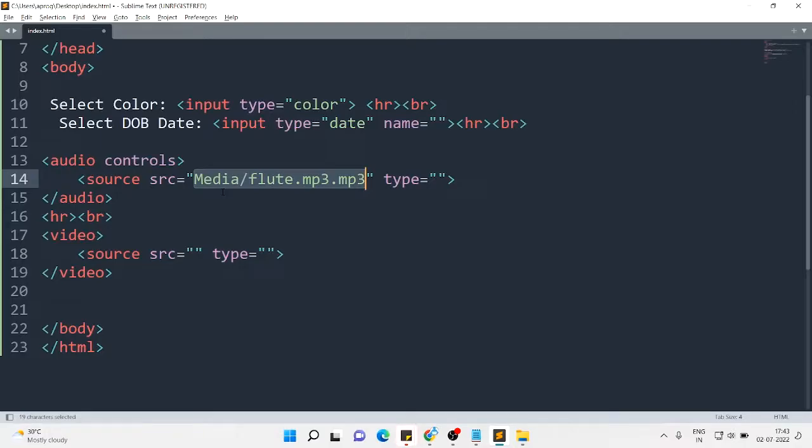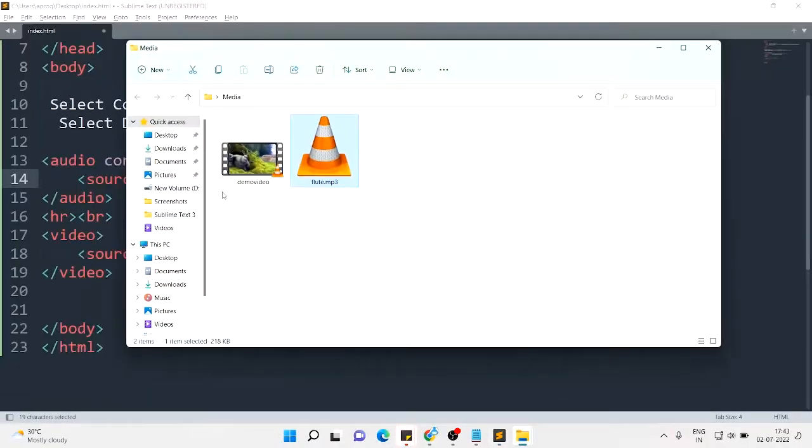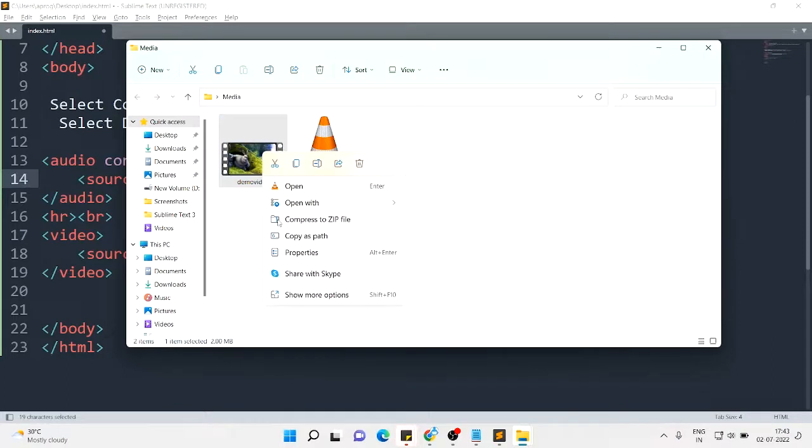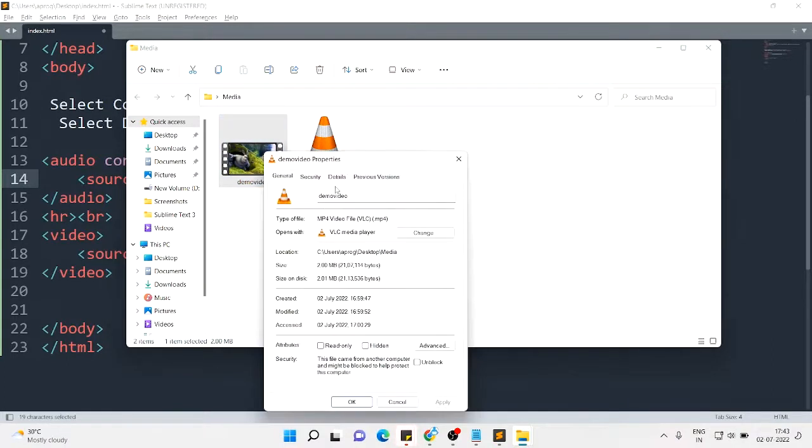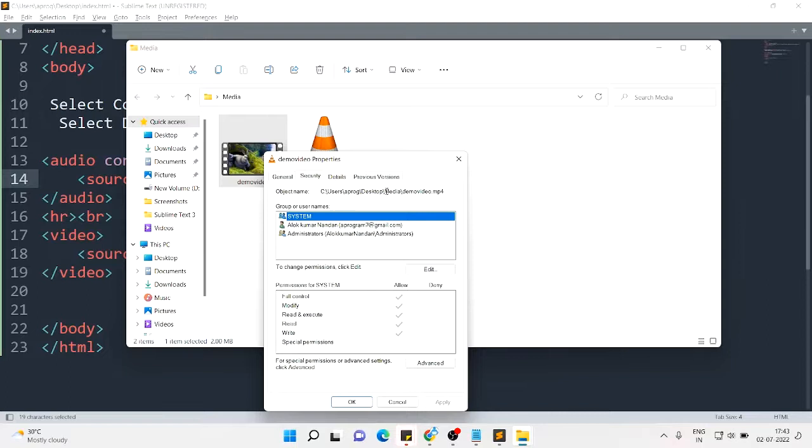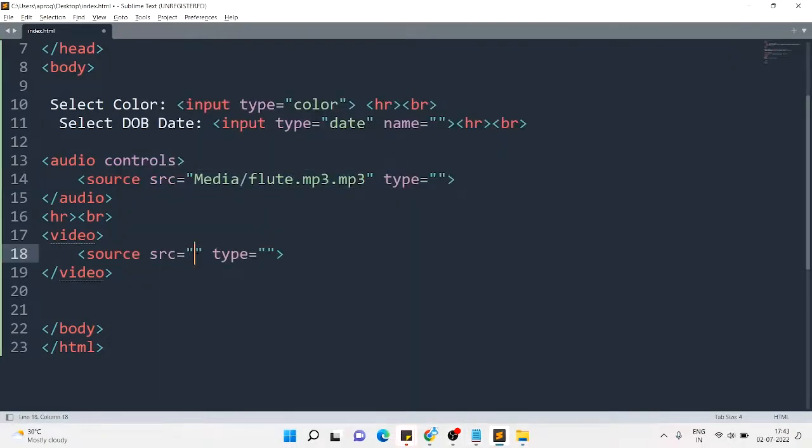Okay, so go to the media folder, that means this one, right click here and go to the properties section. You can see here this one, so I can just copy it from here and paste it here. Okay, so just paste it. We have to change the path here, right? Yeah, so what we have to do here is run this